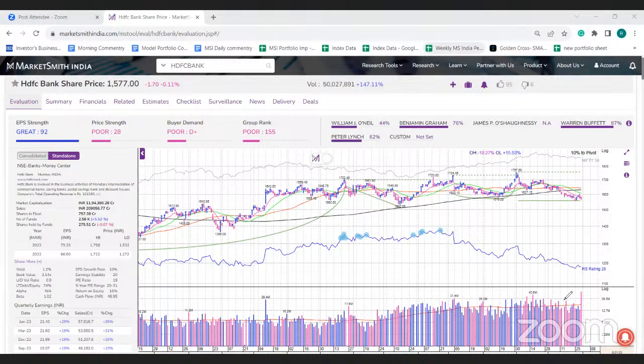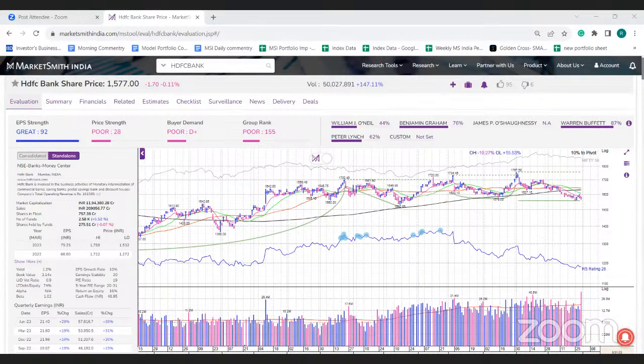Also, the technicals have been beaten down. If you look at fundamentals, they are still intact. That is the reason we say if you are going by the fundamentals, you would have invested or stayed invested in this particular stock. But technicals have completely deteriorated. If you look at HDFC's price strength and buyer demand, both these ratings have completely come down to the poor category. So if you have followed price volume action and technicals, then you would have exited at a higher price rather than following fundamentals. And fresh entry is completely not advised at this particular moment.